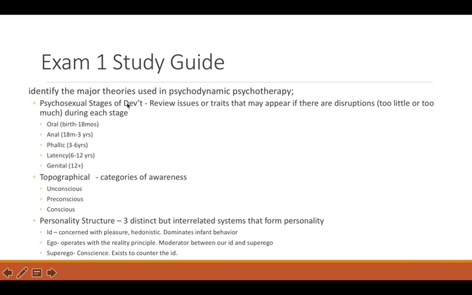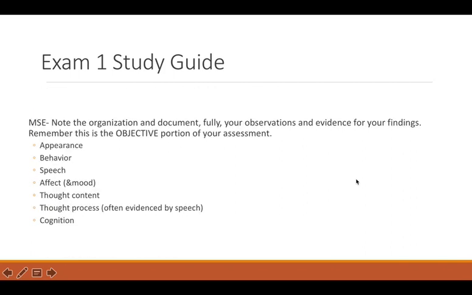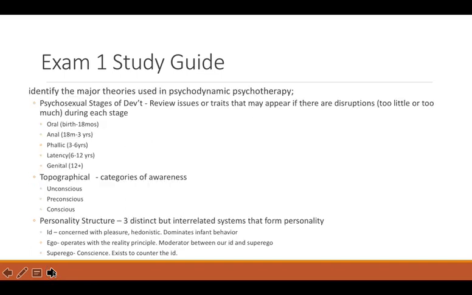So each of these are the major theories. So there are the psychosexual stages of development, and then there are these categories of awareness, and then Freud also had a theory on personality. And that has 3 distinct but interrelated systems, and that is the id, the ego, and the superego. I think we've all, even in pop culture, you hear about the id, the ego, a little bit less than